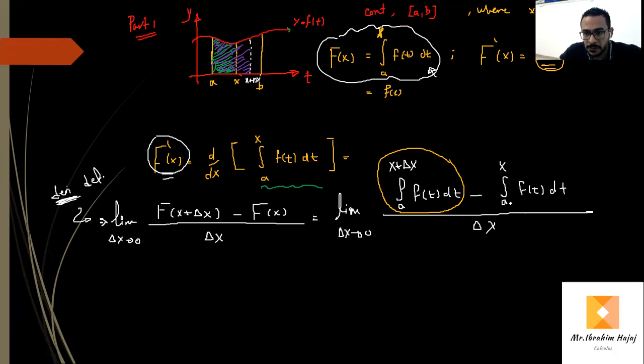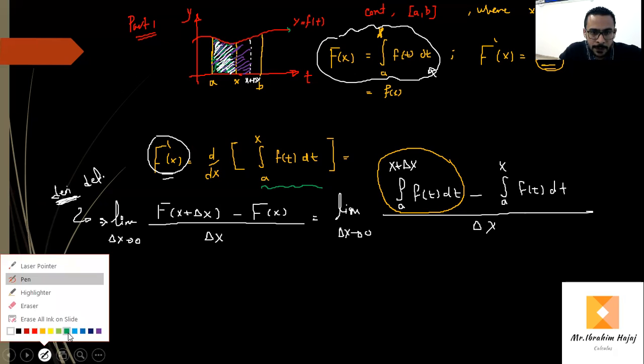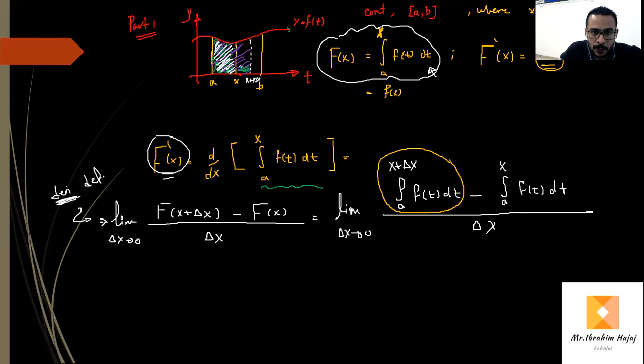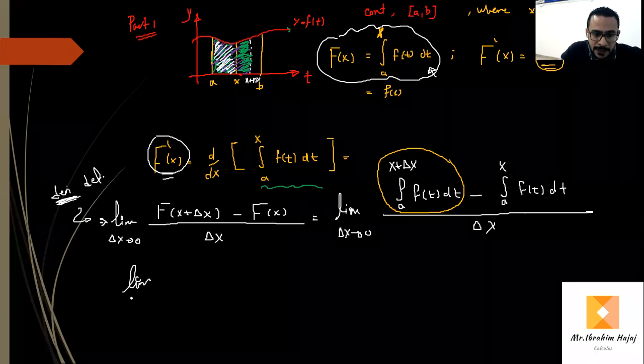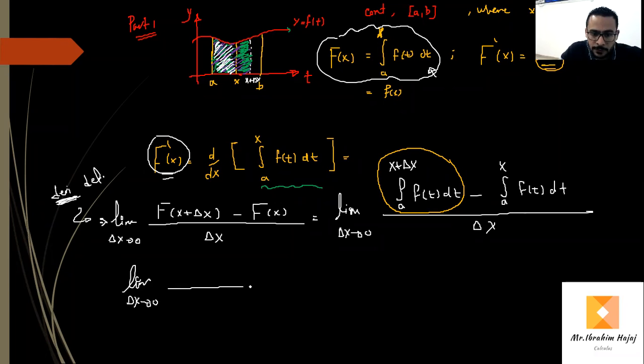Let us do it in white. The area or the integral from a to x of f of t dt, this blue area. Let us subtract the white and the purple one, it gives us only this part, the purple one, or we can do it in green, only this part between x and x plus delta x, which can be written now as the limit as delta x approaches 0 of,